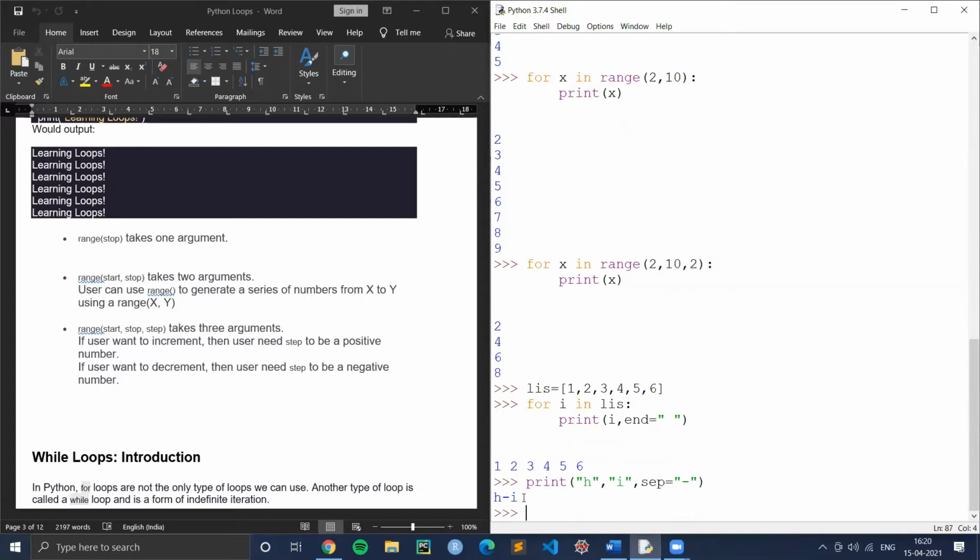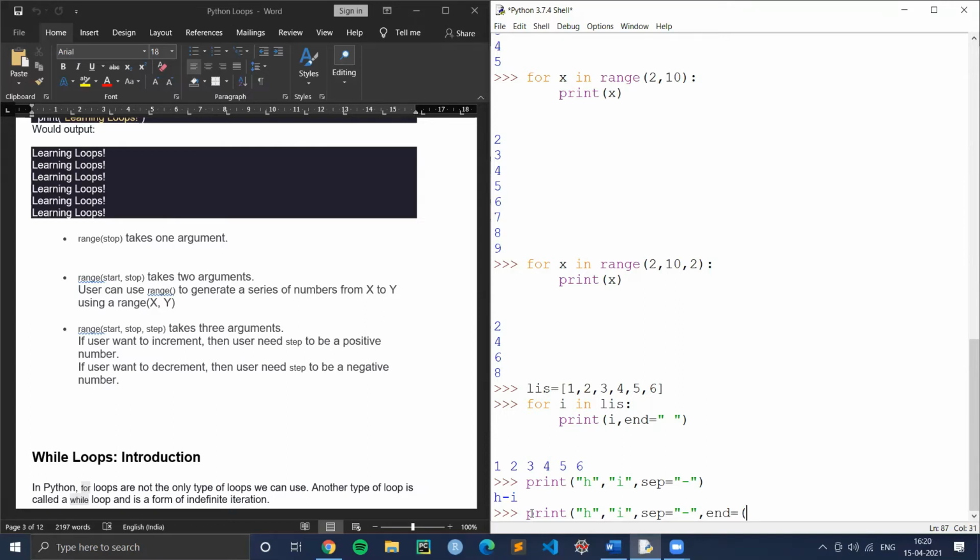Let me take h, and then another one is I, and then my sep, I want a dash in between, like a hyphen. And I want it to end with an exclamatory mark.